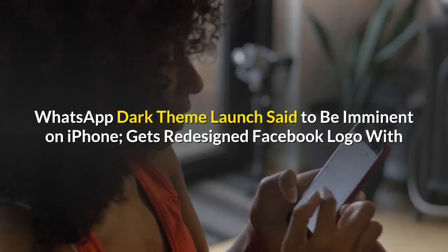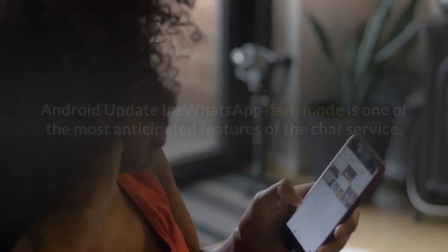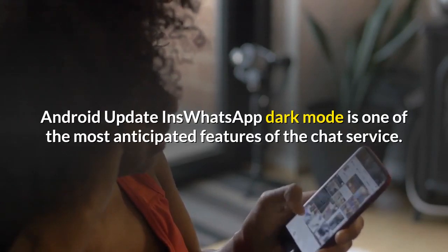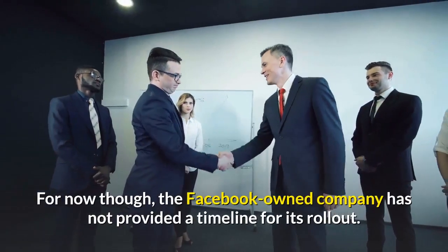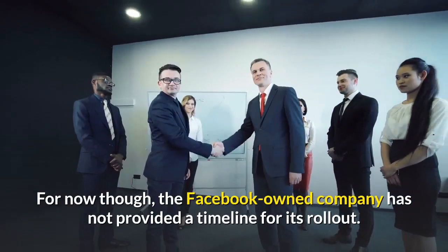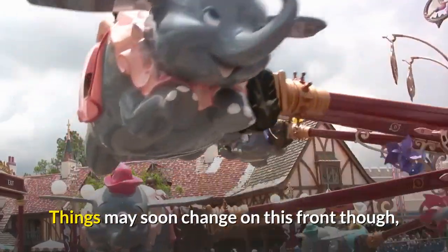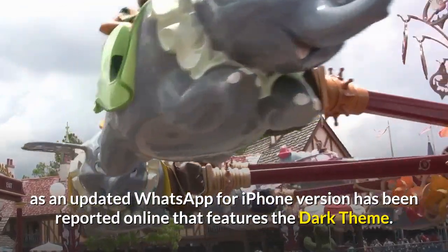WhatsApp dark theme launch said to be imminent on iPhone, gets redesigned Facebook logo with Android update. WhatsApp dark mode is one of the most anticipated features of the chat service. For now though, the Facebook-owned company has not provided a timeline for its rollout. Things may soon change on this front though, as an updated WhatsApp for iPhone version has been reported online that